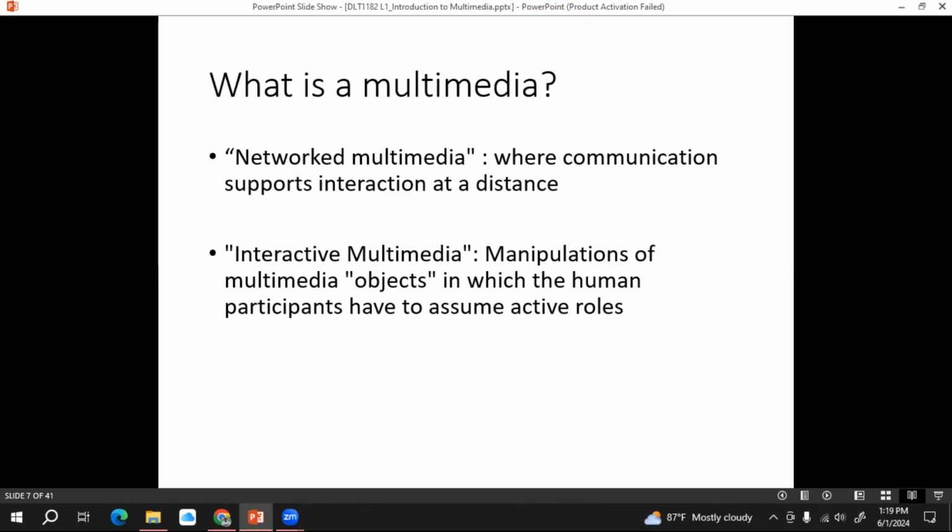If we are using some kind of network to share this information and data over a distance, with a separate resource or separate person, we call it networked multimedia, right? If we are using any kind of network to communicate with each other, we call it networked multimedia, right?